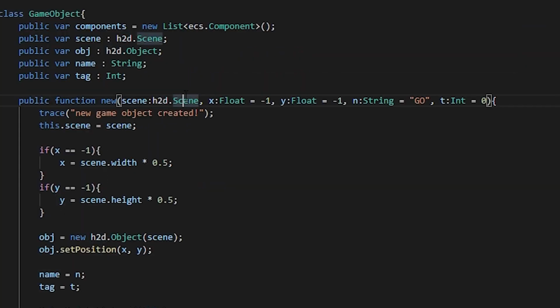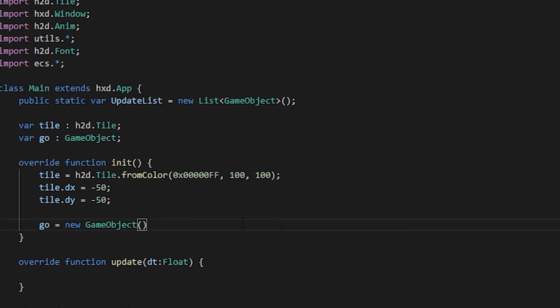It needs the scene, it needs x and y, a name as in string, and a tag. We don't have to give it a name and a tag since it's initiated by default to go and 0. So we only need to give it the scene, so h2d.Scene,